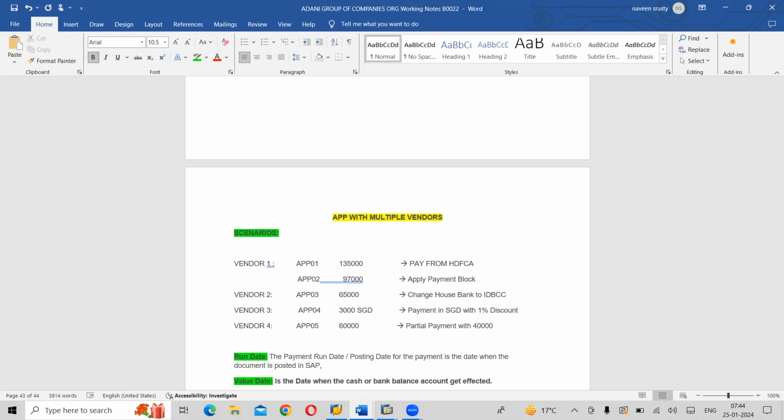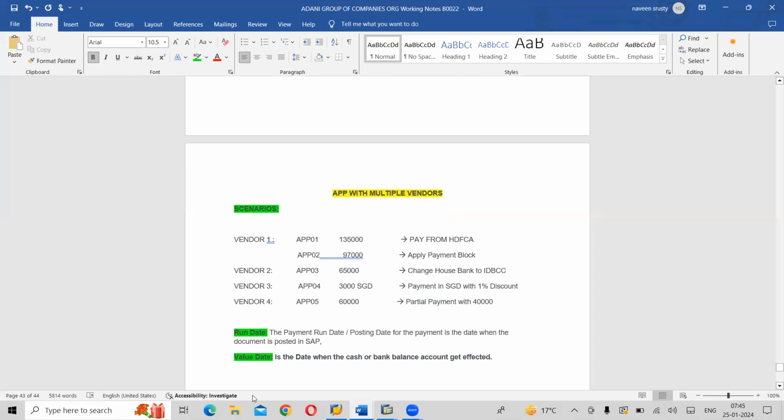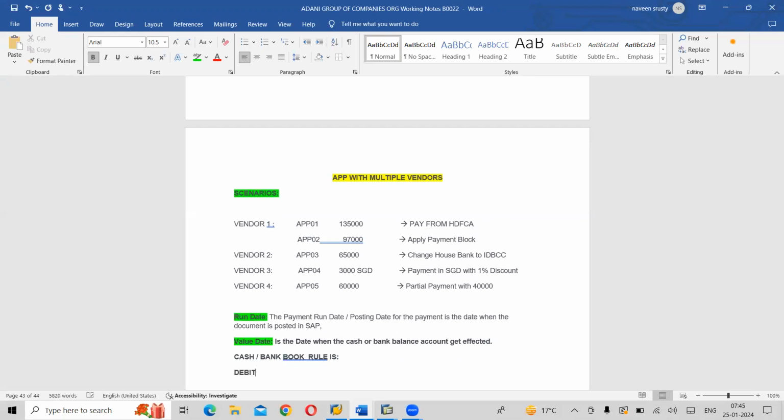Quick, whether you know, because we are running short of time. What is the rule of bank book and cash book? Passbook or cash book? Or bank statement or cash book? Debit the asset, credit the asset, debit what? Not asset, right? That is a real account rule. Same thing. Cash or bank book? Cash and bank book is nothing but your passbook. Bank book rule is debit, as you said,